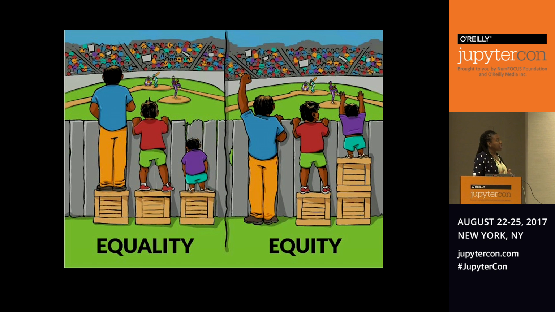Now, the difference in the figure on the left and on the right is what I like to talk about in terms of fairness versus equity, okay? These three individuals are coming from very different places in their lives. So we can't give them the same exact thing and think that they'll get the same results. Does that make sense?